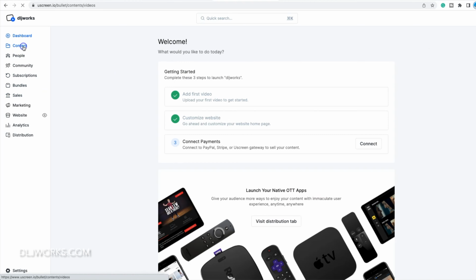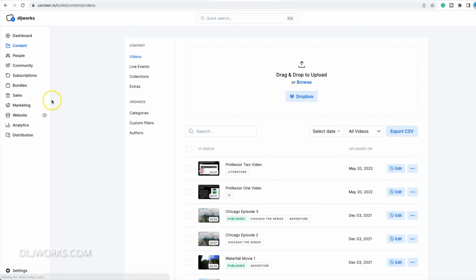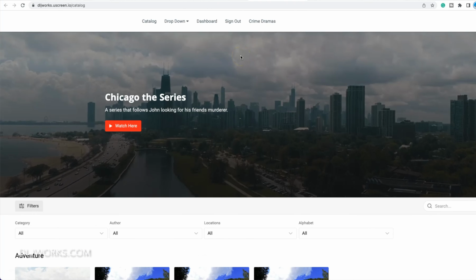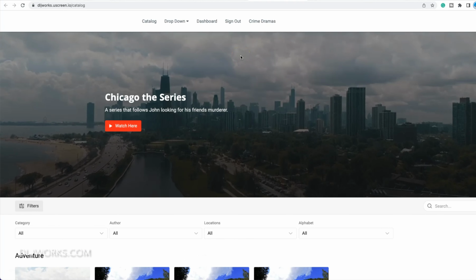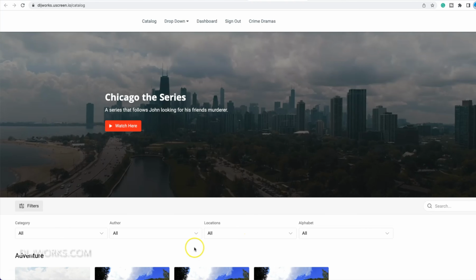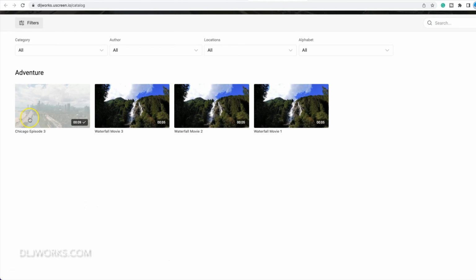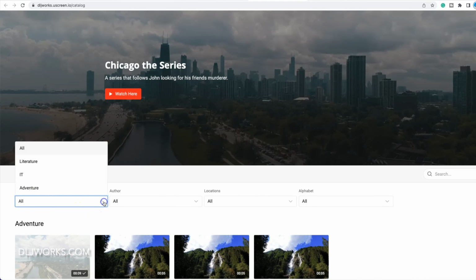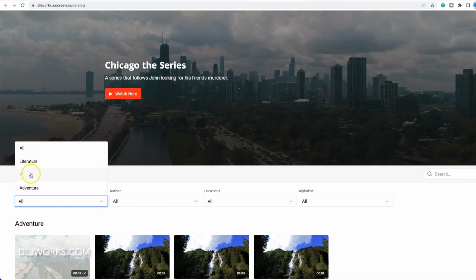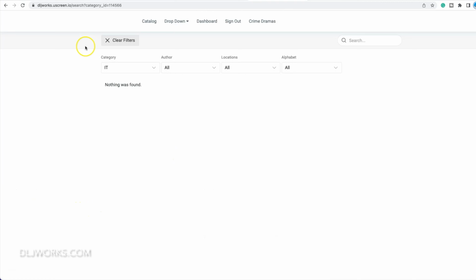And what we're going to do, actually, let me see here. What we need to do is go to the storefront and see what this is now going to look like. All right. So let me go ahead and find our storefront here. Okay. So now that I'm able to go to the storefront, we can directly go to Arthur's, and we can check out down here where I clicked on the filters area, and we can check out the categories. And now if we go to IT,